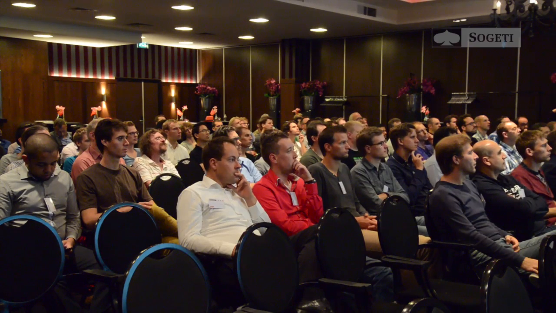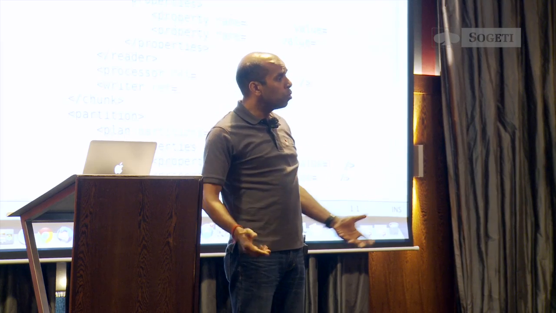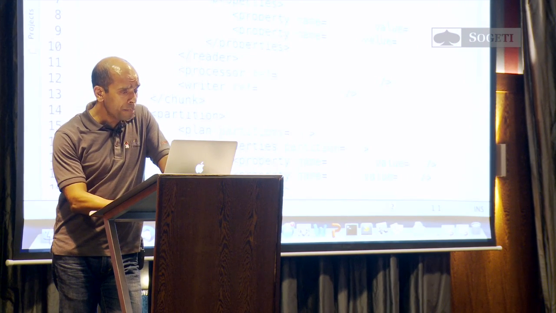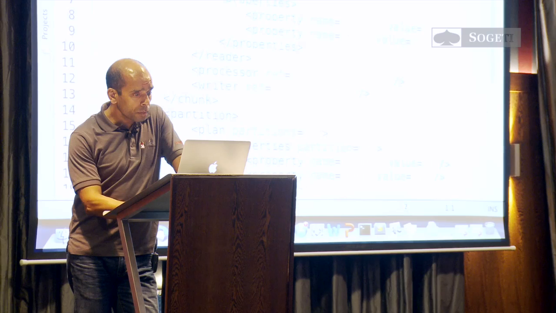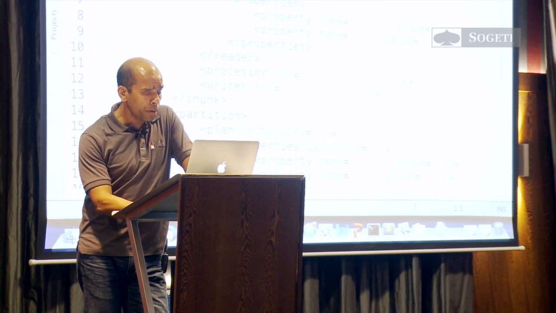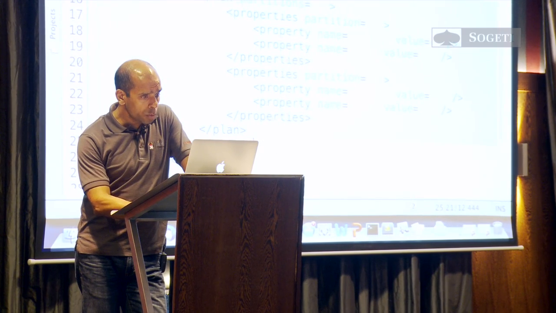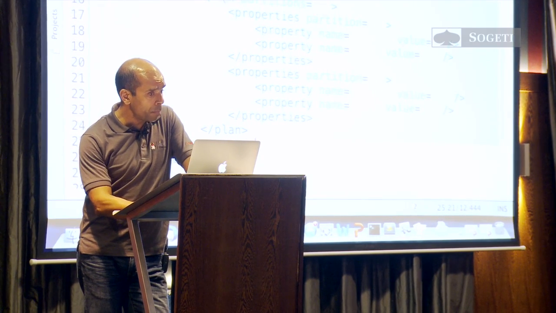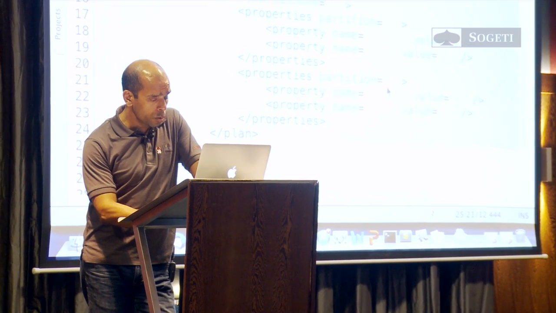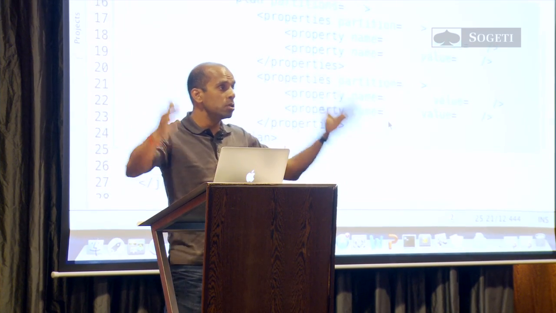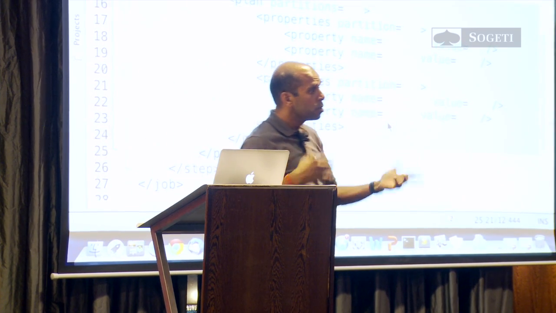So let's say you're running on a multi-core machine. You have 100,000 records to read. You want to leverage each core to read half of it. You can do that very easily, declaratively and programmatically. So here, I've got the same thing: job, step, chunk, item count 3, simple, but to my reader, I'm specifying start and end properties. And down here, I'm saying, oh, this is a partition. And this partition has 2. The partition plan says 2 partitions, partition 0, partition 1, start value, end value, start value, end value. So now this job is running on multiple cores, and is twice as effective. So that's what we have.